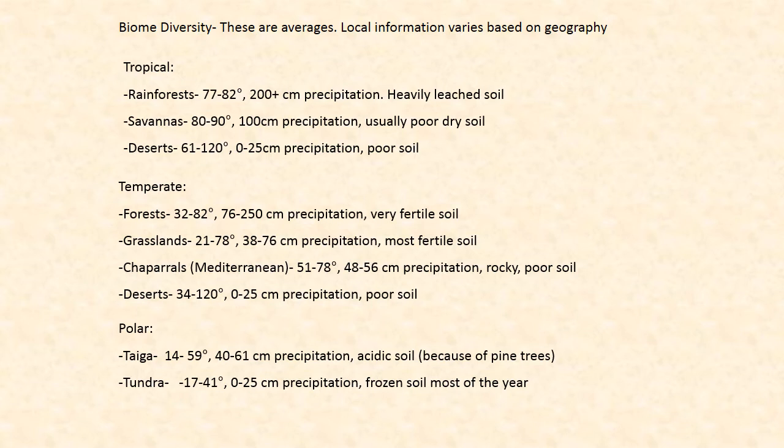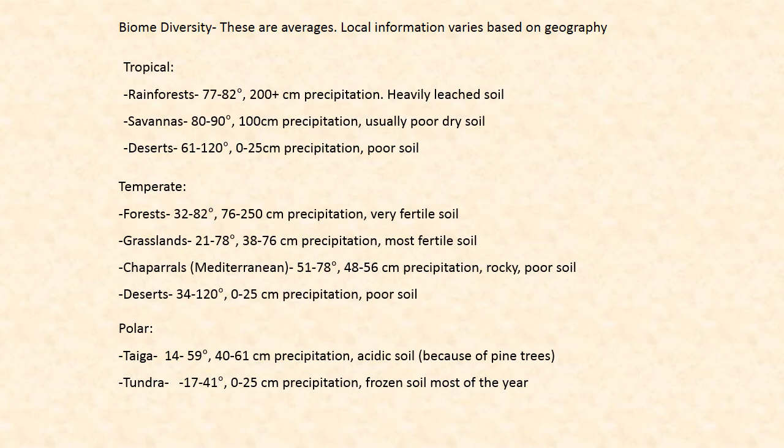The temperate regions in between the tropics and the polar region are the most variable. These areas have more pronounced summers and winters, and can see larger variations in precipitation. They, however, usually have the healthiest soils on the planet. Some of the different biomes within these regions are listed on the slide.